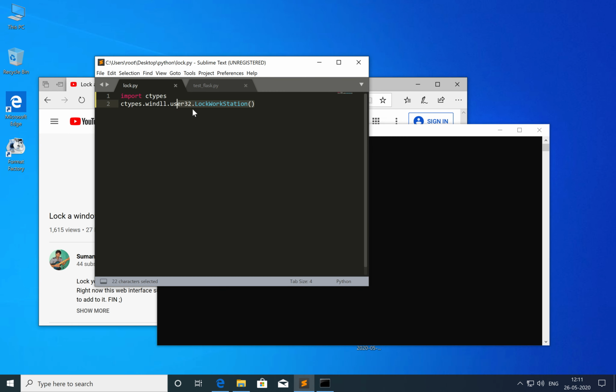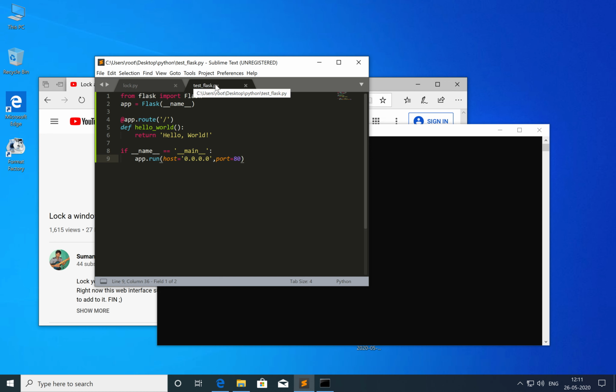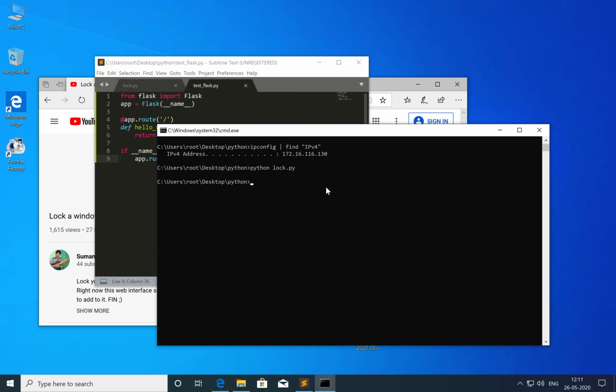So I'll be combining these two lines with a Flask app. You can see that in this Flask app I have created a route slash, and I have used port 80 to run this application. So let me quickly run this application, and before doing that you can see that my IP address is 172.16.116.130.